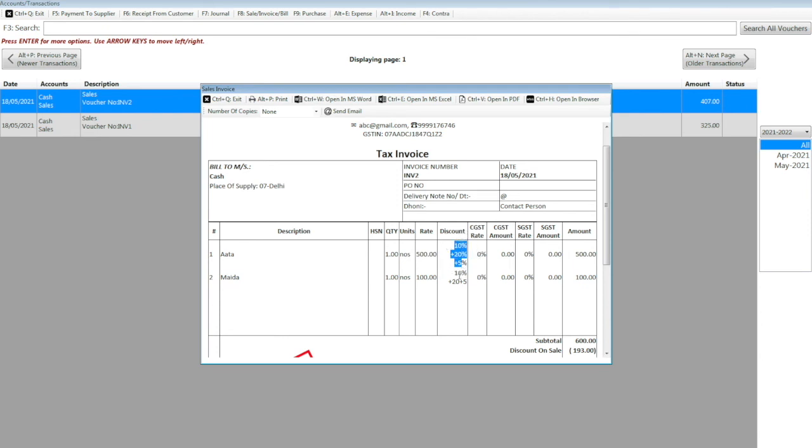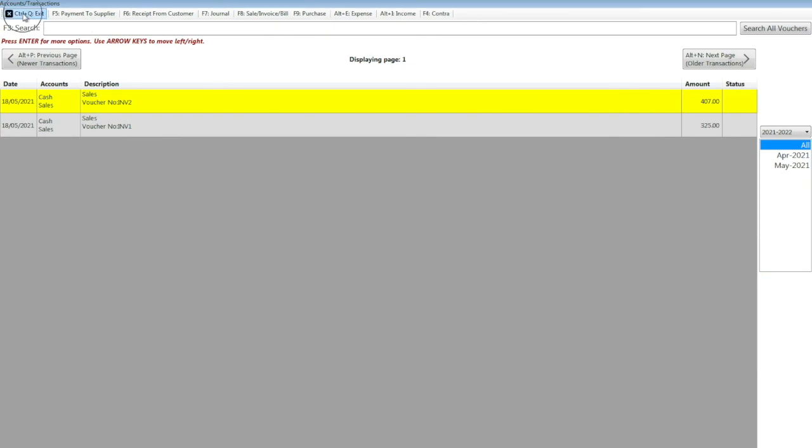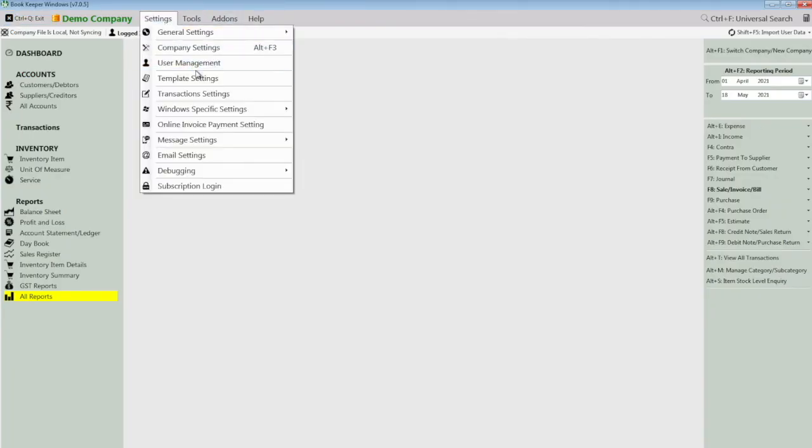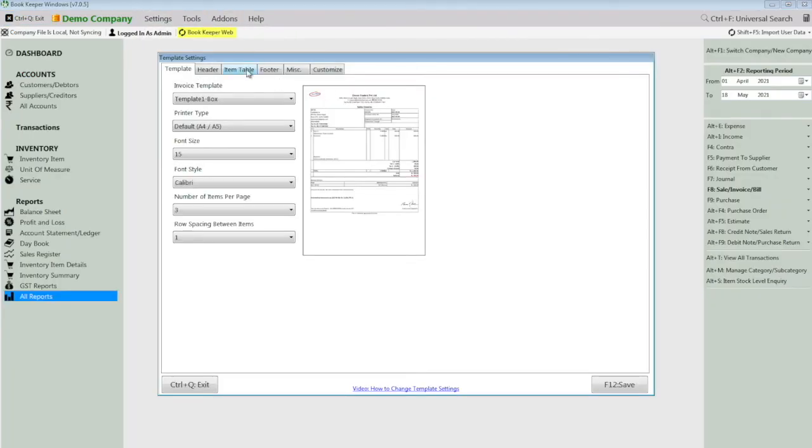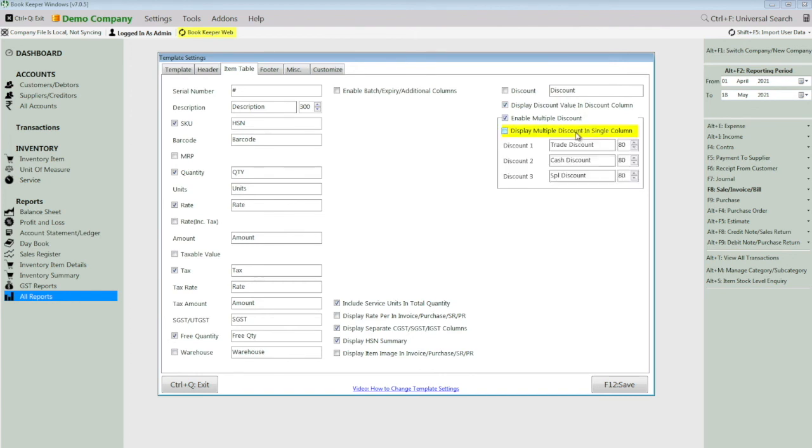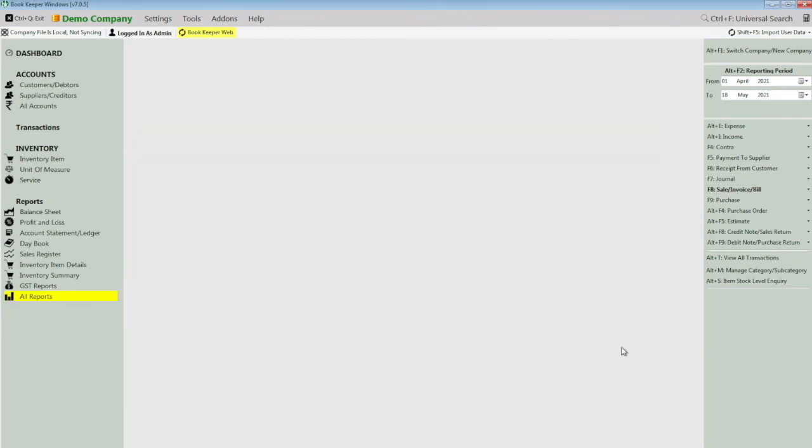So all the flexibility we have given in this update for multiple discount. You can display in multiple columns, you can display in a single column, you can change the name, you can even change the width of the column. That's by default 80, you can change the width to 100, 200, whatever you want, or reduce it. So we have given all the flexibility in multiple discount.